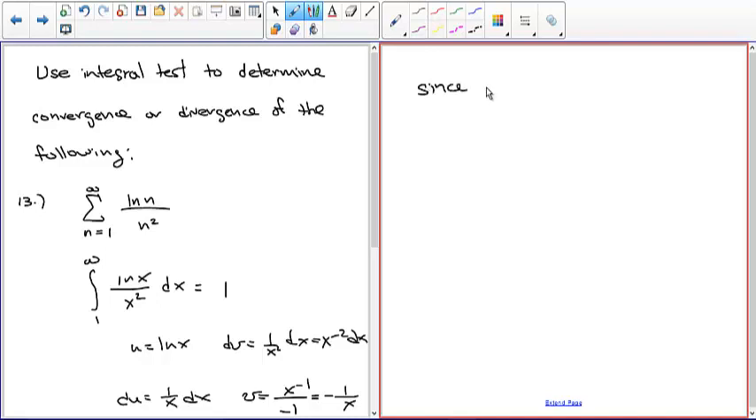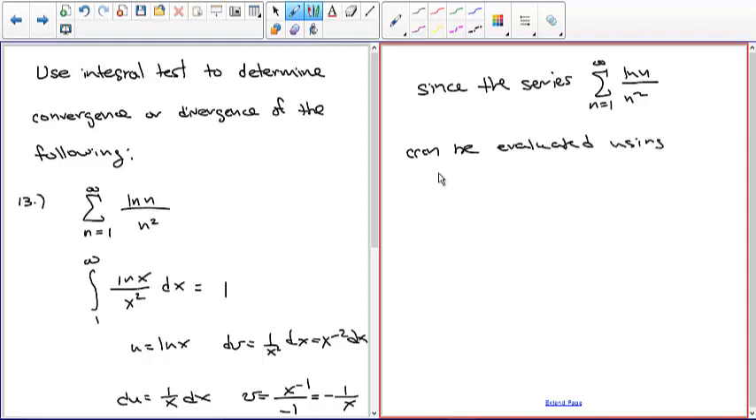Since the series summation from n equals 1 to infinity of the natural log of n over n squared can be evaluated using the integral test, and the integral from 1 to infinity of the natural log of x divided by x squared dx converges,